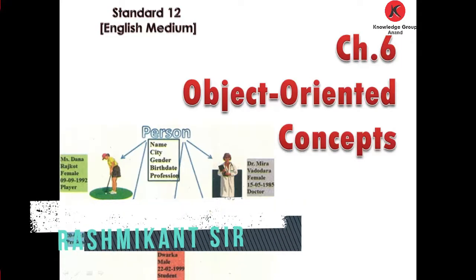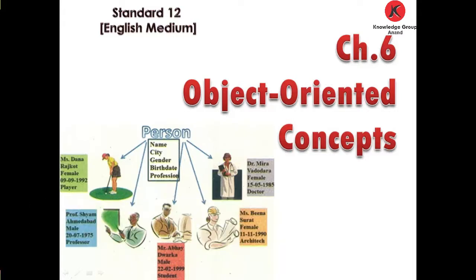In the earlier lecture, we learned how to create a web form using Composer. In the second chapter, we learned how to use CSS and JavaScript, and after that, we learned how to create a simple website using Composer. We also learned about e-commerce and m-commerce. So now let us start our new journey with chapter number 6, object oriented concepts.